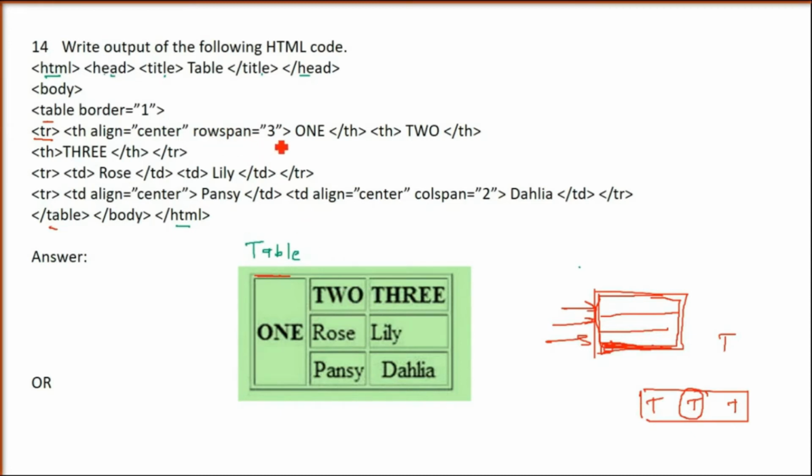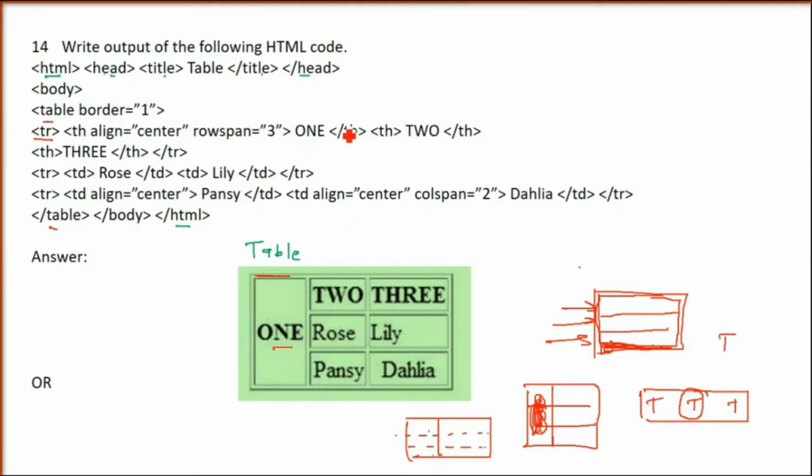Coming to row span: rowspan equals 3. Row span means this content will take 3 rows. If you see this O and E, it has taken 3 rows. With these 3 rows, the first one, O and E, will take all this area, all three parts. So for rows 1, 2, 3, only one cell will come, O and E. Actually, we have merged this. You can say the first column has been merged: all the rows have been merged for the first column. So these 3 rows are given to 1.